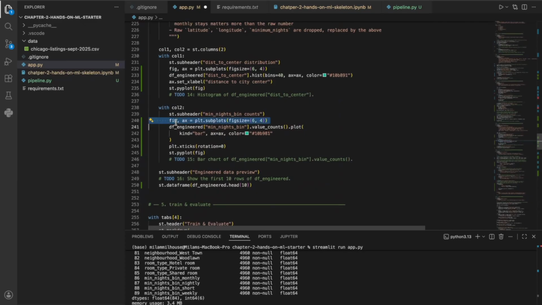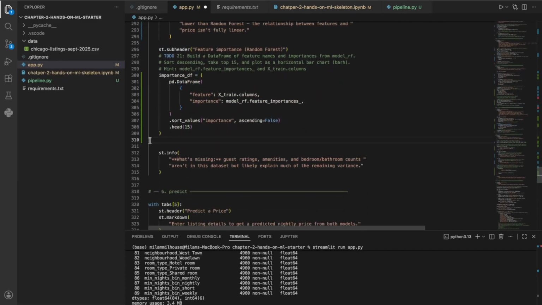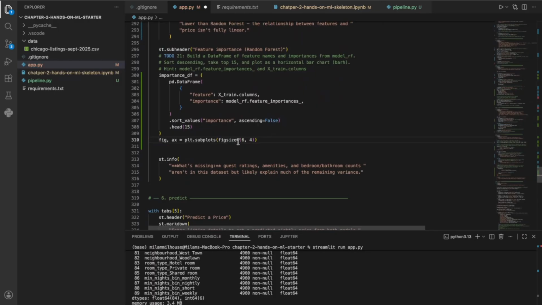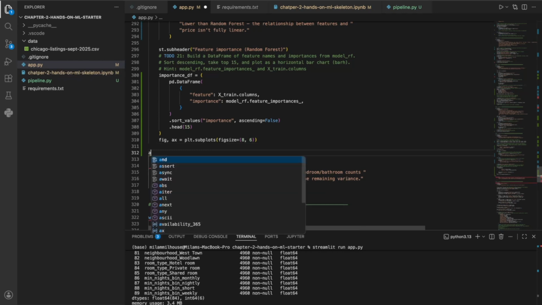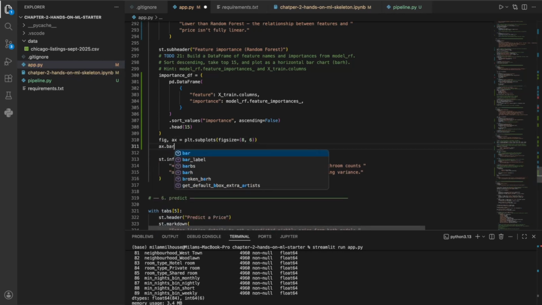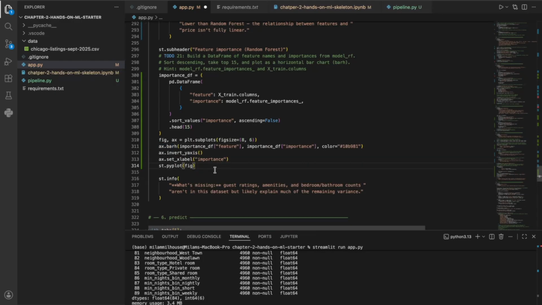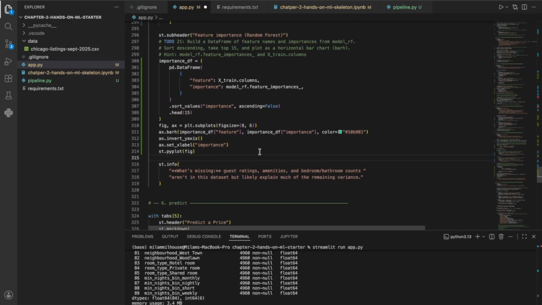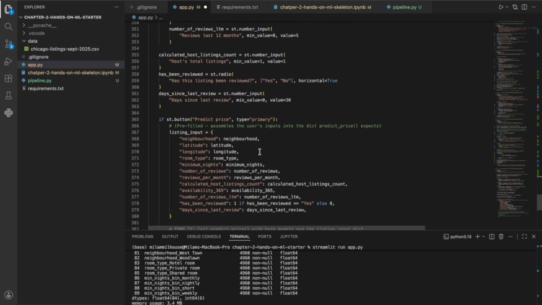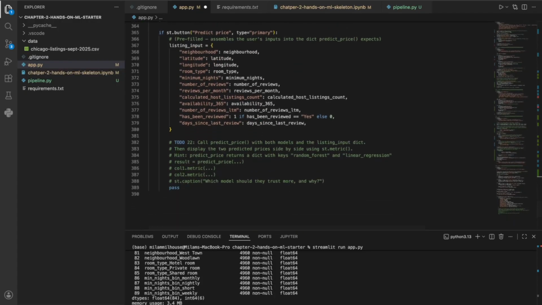Alrighty. And then I want to copy something here. This should actually be, we're going to make this a bit bigger, 8 and 6. And we're going to just say, whoops, ax dot barh. Actually, I'm going to copy this again. And then we're going to say, very last one, right? Our last one should be,